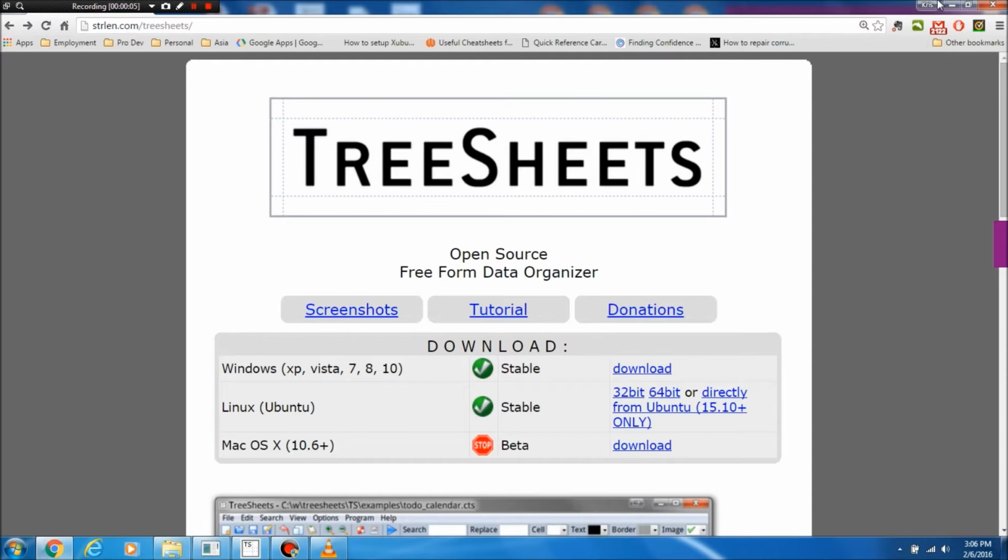Hi everyone. Today I want to show you a neat little program I found called TreeSheets. Currently I'm on the official website for the TreeSheets application. It is a free open source application for taking notes. I like it because it's different and it makes use of the keyboard keys, which makes it much faster to make notes, and